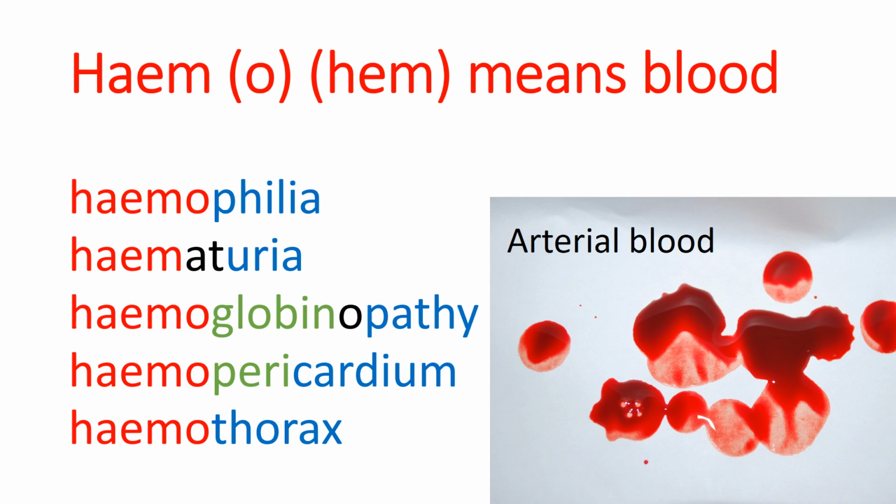Hemoglobinopathy. Well, hemo is to do with blood, and globin describes globular proteins. And actually the hemoglobin is the iron-based protein in the blood that carries the oxygen. It has a high affinity for oxygen, and the oxygen will absorb onto the hemoglobin in the lungs, forming oxyhemoglobin. Pathy as a suffix, of course, means disease of. So hemoglobinopathy is disease of the hemoglobin.